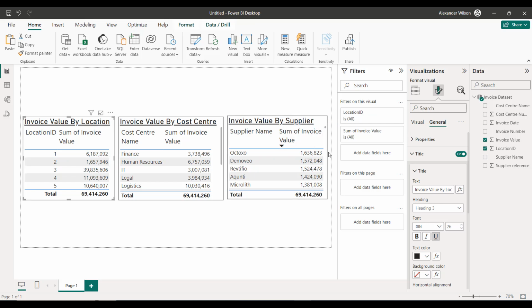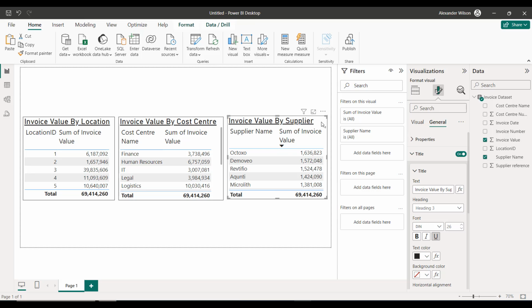Okay, finally, we're going to have a simple table at the bottom that's essentially going to show the individual invoice details. This will ultimately allow us to check out the details of the first 3 summarizing tables. Again, what we'll do is copy and paste a visual that we already have, and then add in some more information. I'll click on Invoice Value by Supplier,